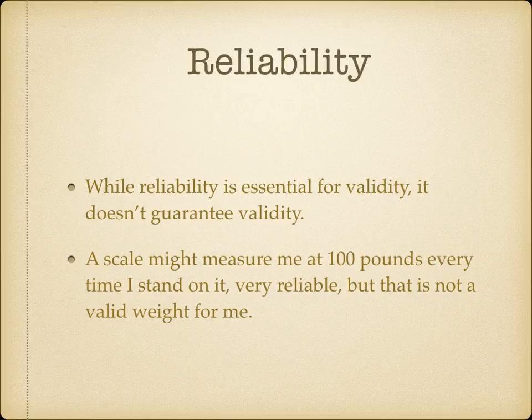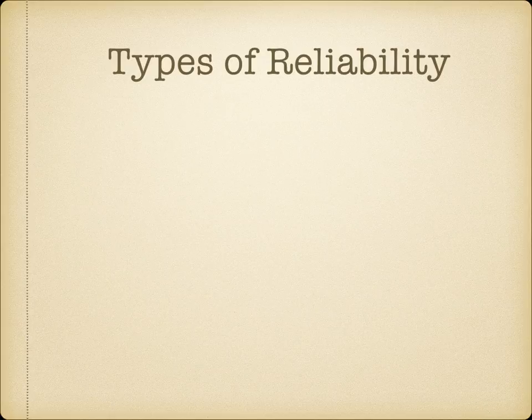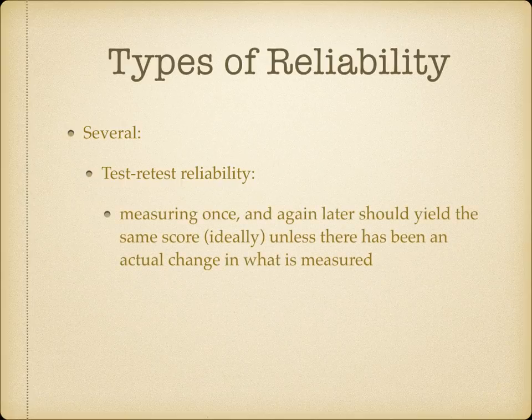A scale might measure me at 100 pounds every time I stand on it. It would be very reliable in that case, but it's not very valid, because I definitely don't weigh 100 pounds. There are several types of reliability. One that fits what we were just talking about is test-retest reliability. That is, measuring once and then later should yield the same score unless there's been an actual change in what's being measured. So if I'm measuring a characteristic that I don't think changes very much in a person, especially over short time spans,